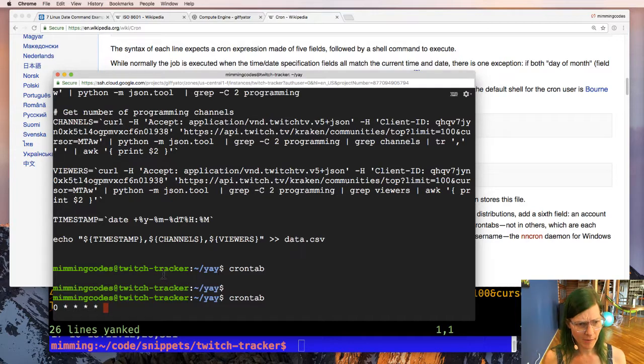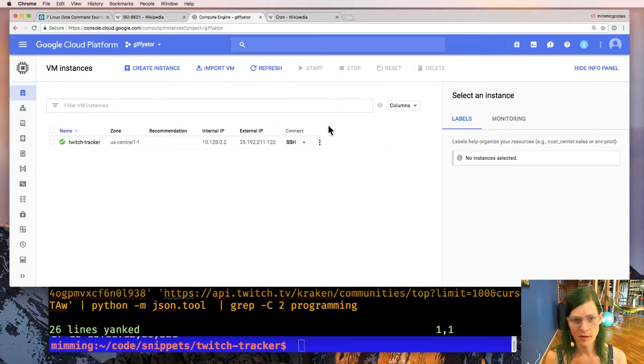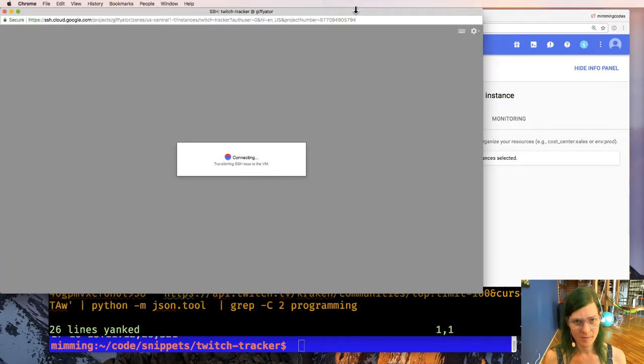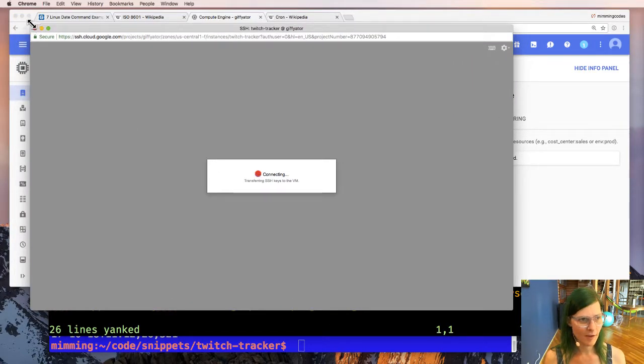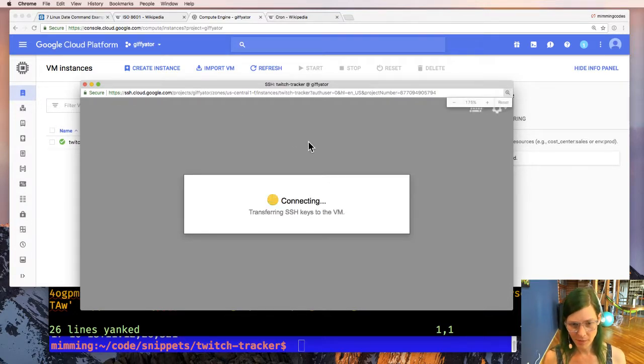Now we want the path to this, which is slash, oops, oh, I closed my whole SSH session. Okay, let's SSH back in. I didn't have the path to the script off the top of my head. Make that all big so it's easy to see.